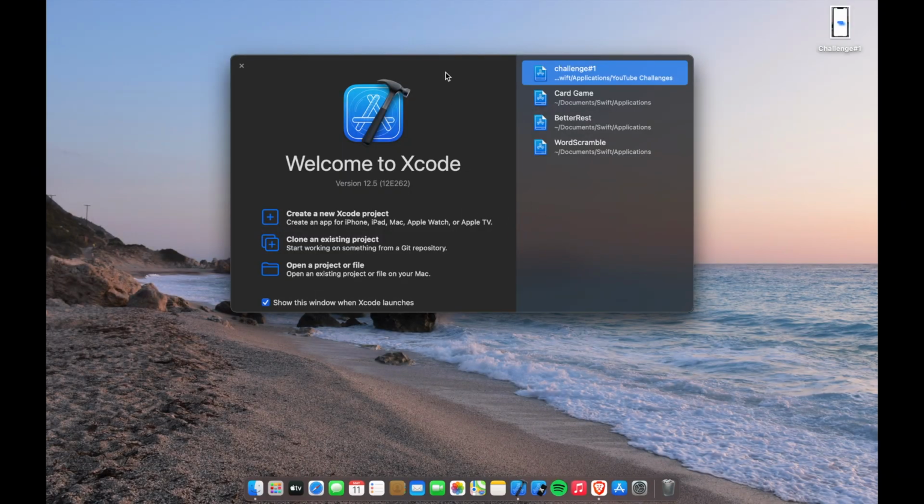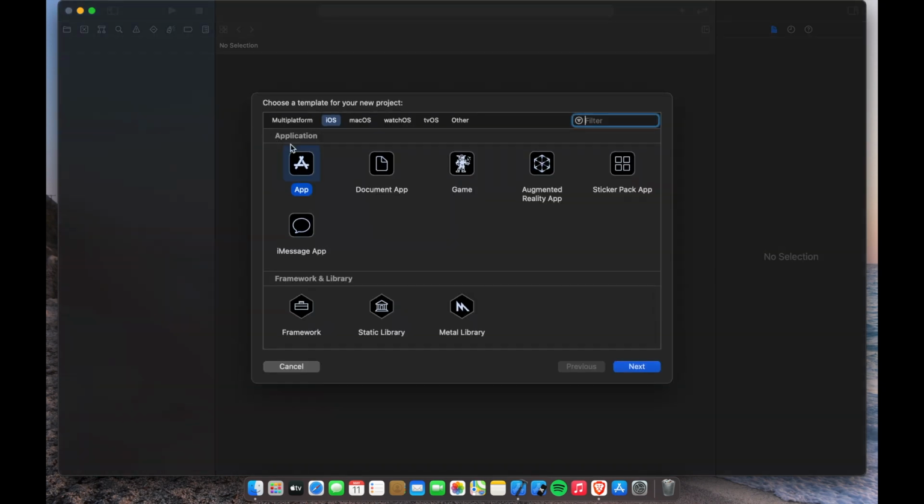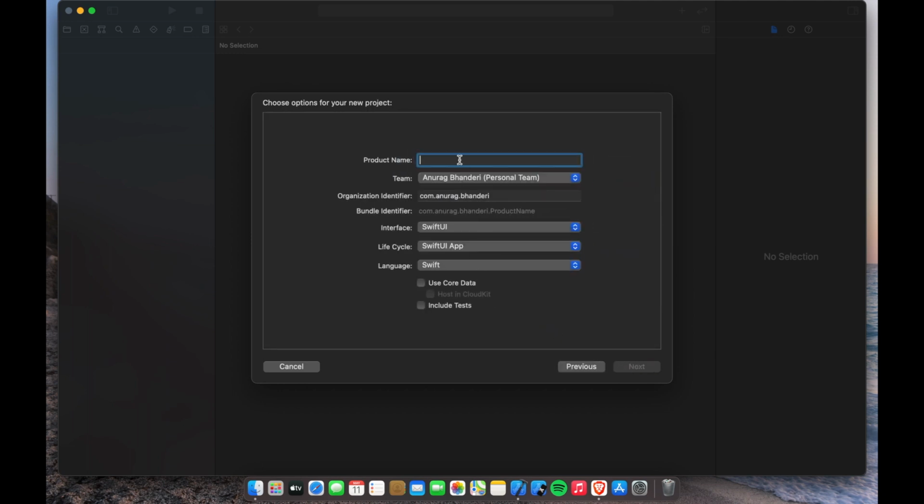All right guys, we are going to start our project. First of all, you need to open Xcode and hit Create a new Xcode project. Then you need to select, in the iOS section, App, and then Next, and then give your project name. I will give it SwiftUI basics, and make sure about this organization identifier, select your team and select interface SwiftUI, lifecycle SwiftUI App and language Swift,